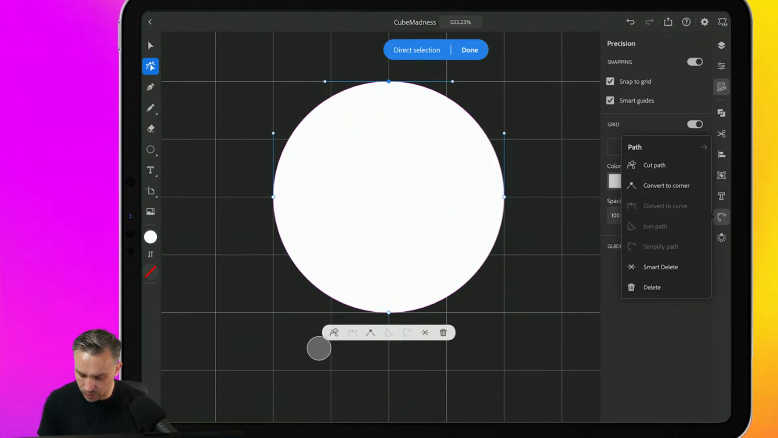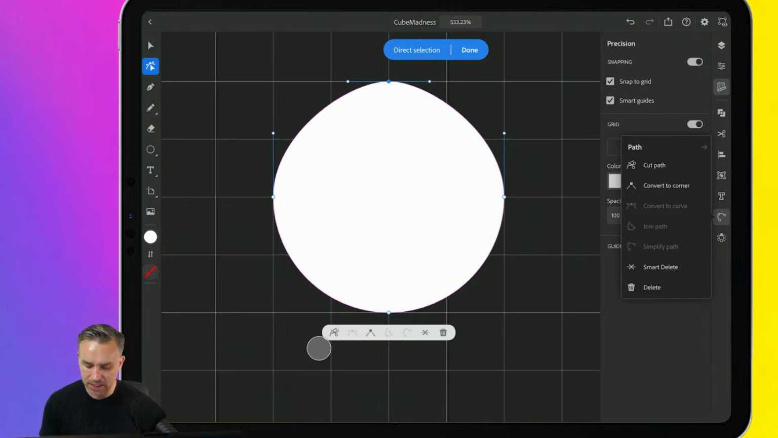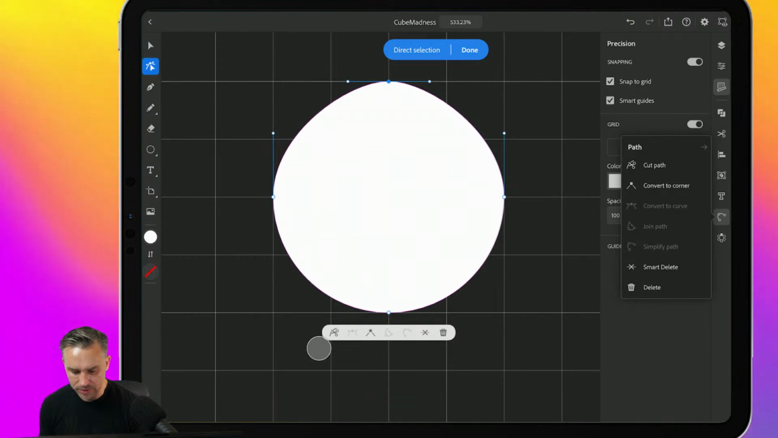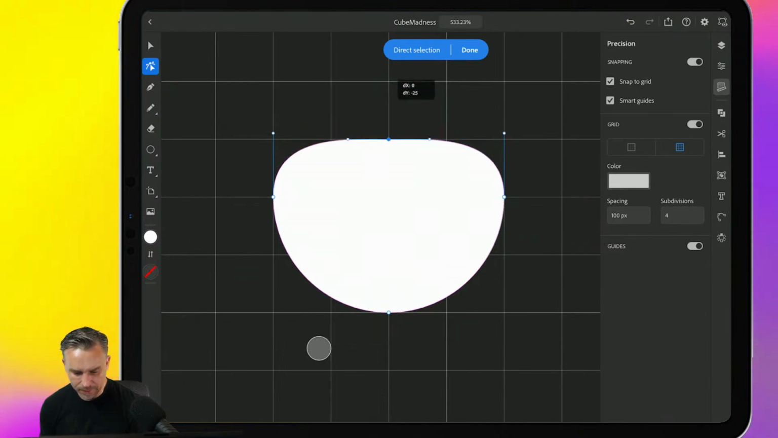There's a convert to corner, right? We can see what it does there. Convert to curve. We could do a smart delete, or we could just cut the path, right? So those are our options, right in here. So I can go ahead and, by the way, if I just hit delete on my keyboard, or not, but anyways, cut. We can see what we did there. If we cut it,